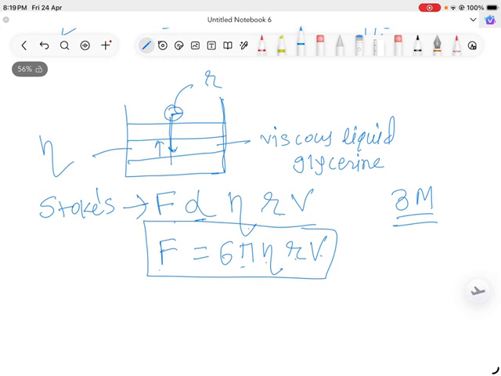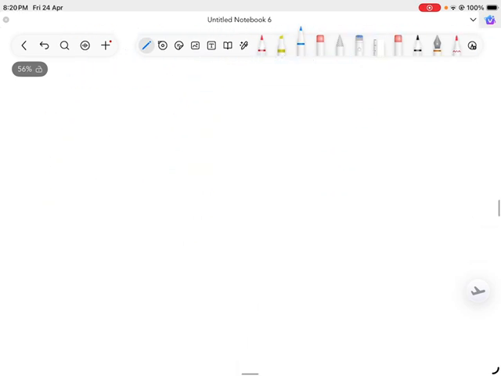3 marks. Okay. So state the Stokes' law and explain it by using the various dimensions, that question may be asked. So you have to prove that this equation F equals 6 pi eta r v is dimensionally correct. In order to prove that, you have two sides, left hand side and this one is right hand side. So LHS and RHS I want to prove dimensionally correct.